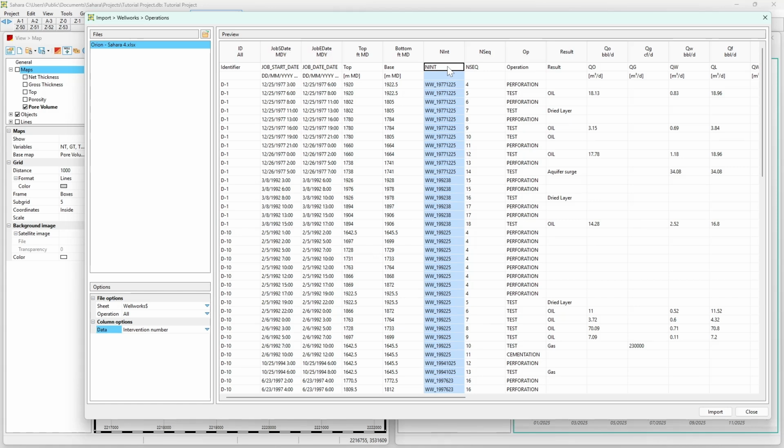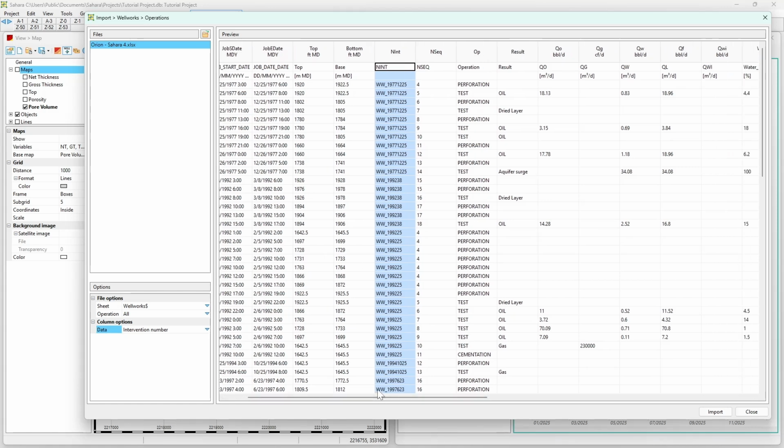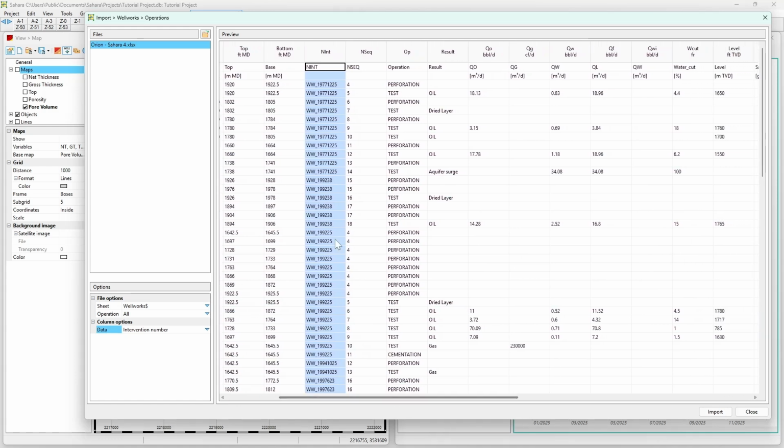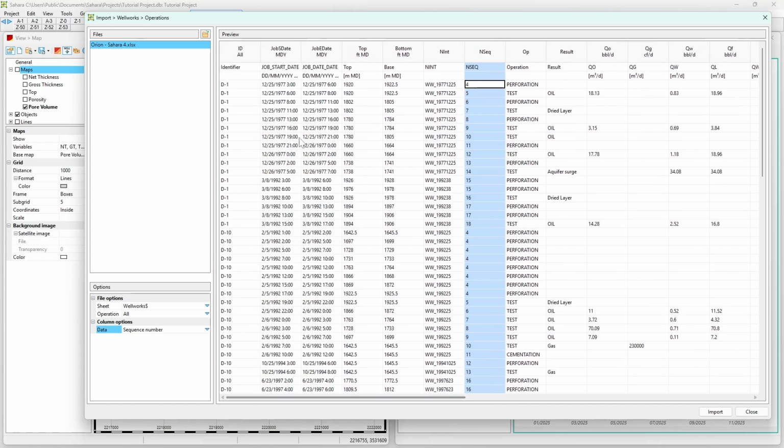And here we have the number of intervention that, as explained, is going to associate it with the well work. Here we have the sequence number inside the well work. Here, for example, we can see that all these different operations, this perforation, this test, perforation test, all of them belong to the same well work,